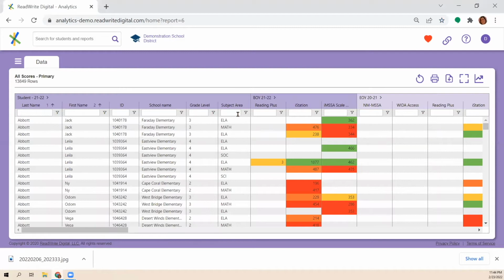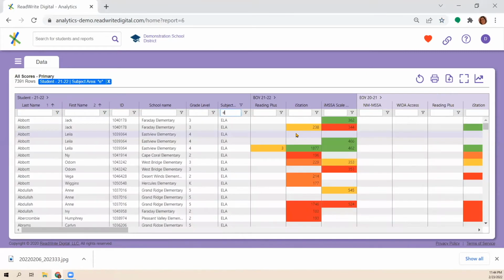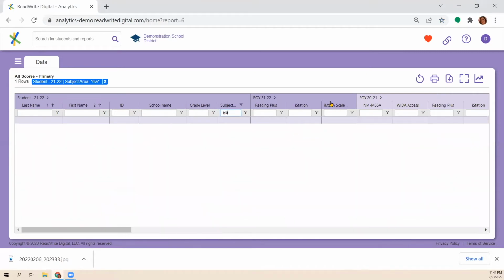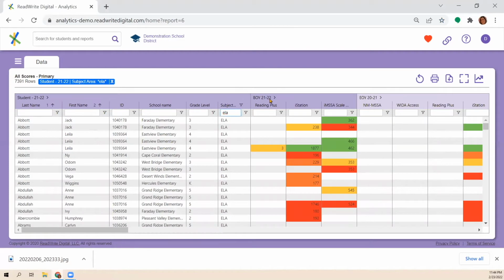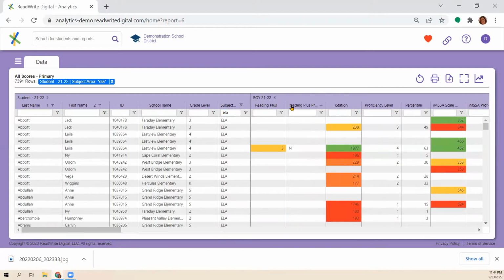In the All Scores data view, let's start by filtering the subject area for just ELA. Next to the subject area column is the beginning of year 21-22 data for Reading Plus, iStation, and iMesa. Let's click that chevron to expand this column, because related to all of those assessments is also a column for